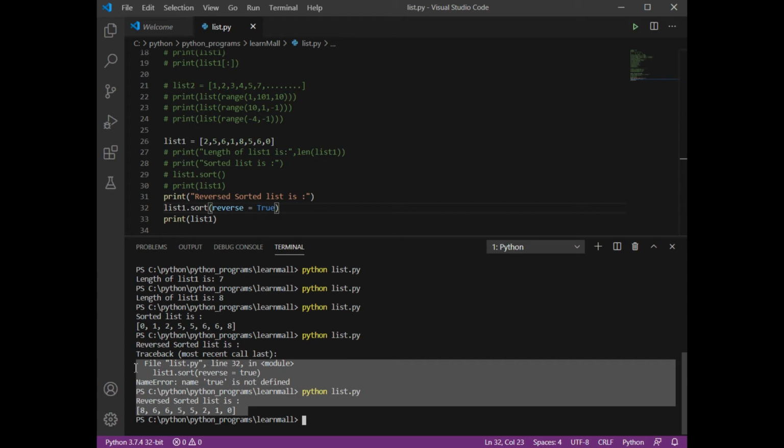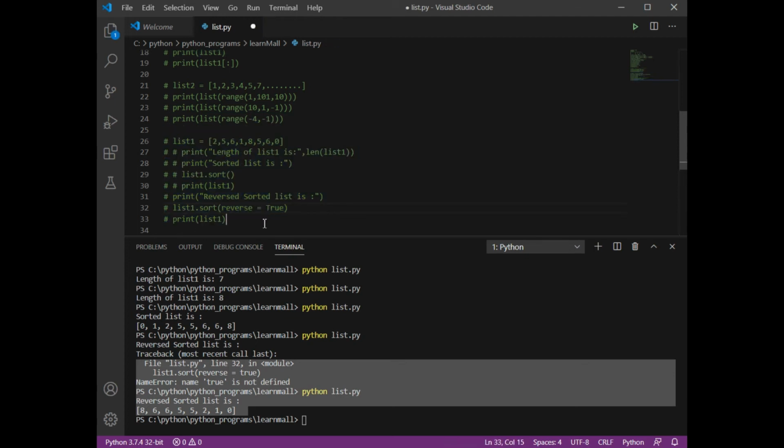So you need to understand this thing. By default the order is ascending, but if you want to have that list in descending order, you need to write reverse as True. Now, this is the thing that we are dealing with numbers. Similarly we can work with characters as well.